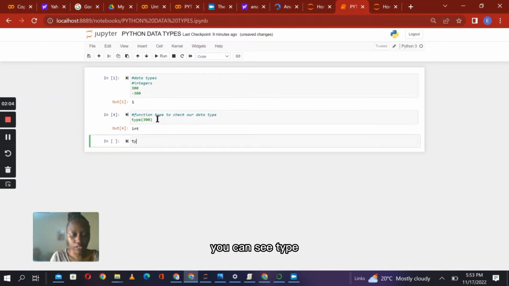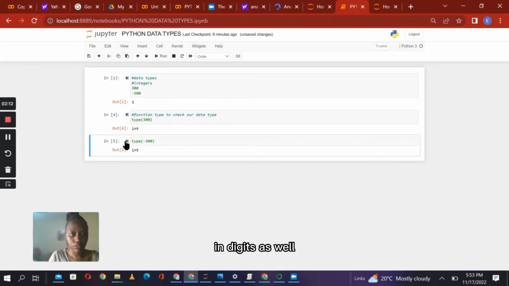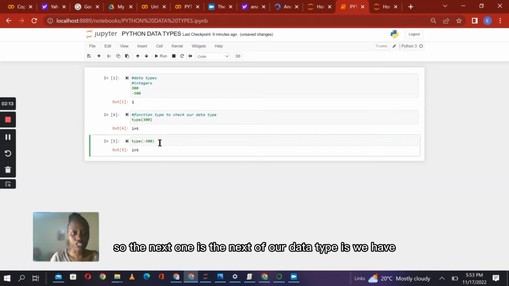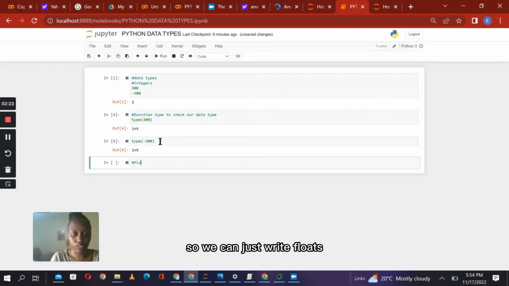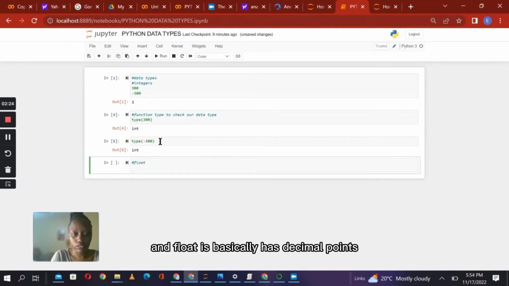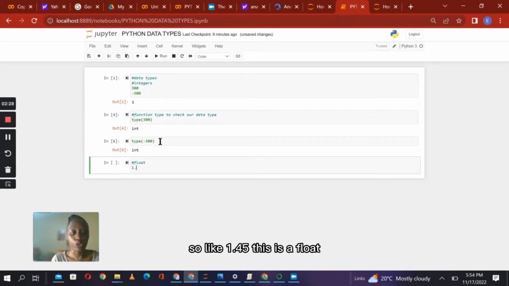You can say type negative 300, integers as well. So the next one of our data types is called float. So you can just write float, and a float basically has a decimal point, so like 1.45 is a float,